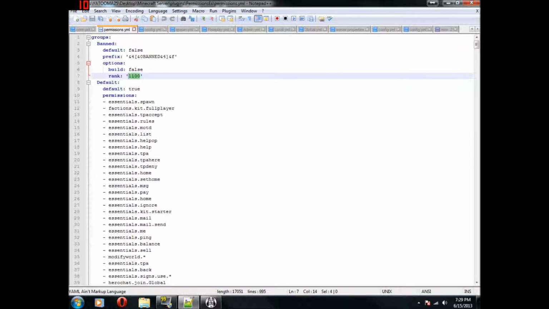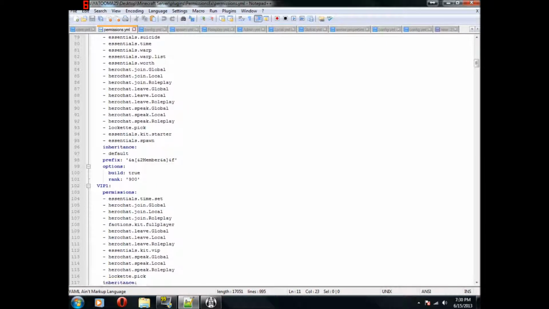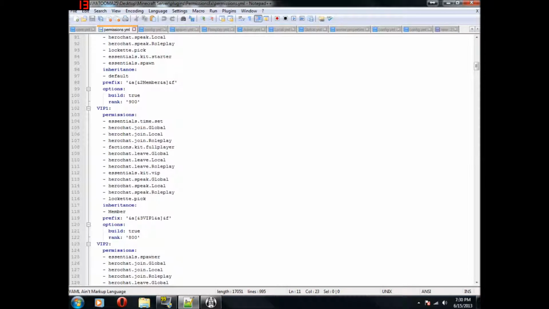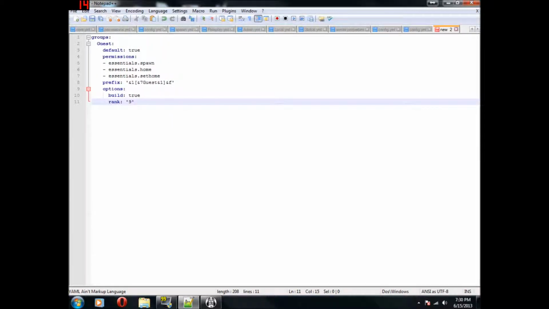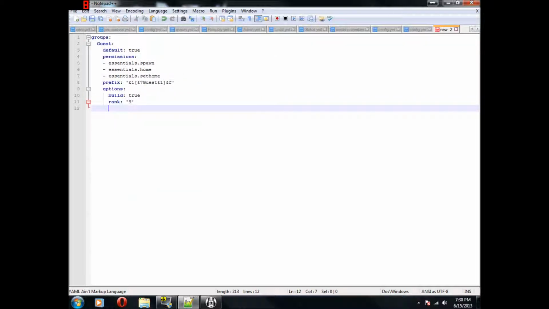1100. I don't know why I really did this, but let's see. This is wrong. Now that I think about it, you want that to be like 9. Then member would be 8, 7, 6, 5, 4, 3, 2, 1, so on, so on, so on. So that's basically what I have here. You have to be careful that if you're going to be copying and pasting, which is perfectly fine, you do not want to